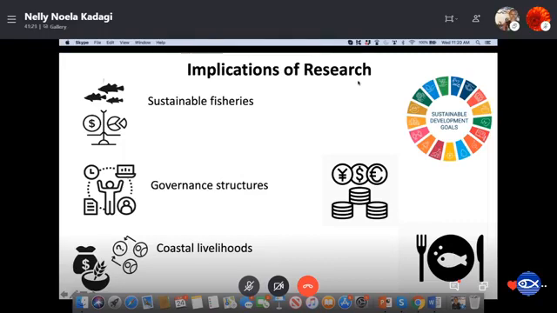And lastly, we cannot forget about people. When I talk about fish, most people get interested about fish from how it looks like on their plate. But fish, I tell people, is very political because of the many things that are tied to it. And so our work basically feeds into understanding how species such as billfish can help contribute to sustaining coastal livelihoods for people that depend on it.